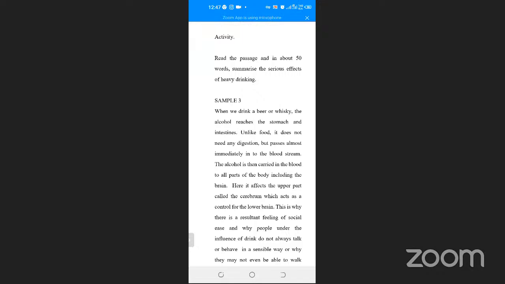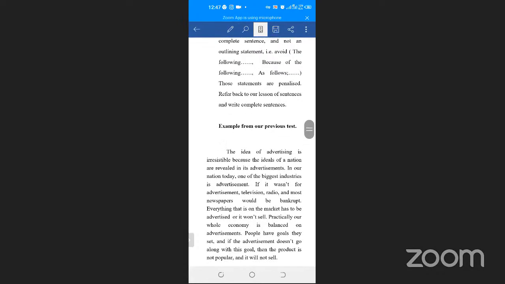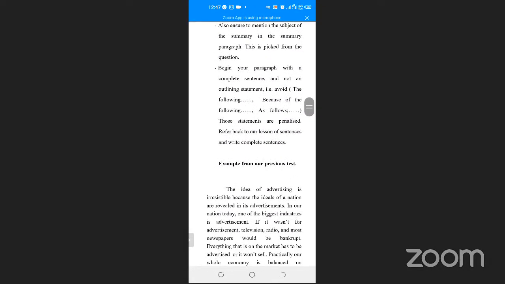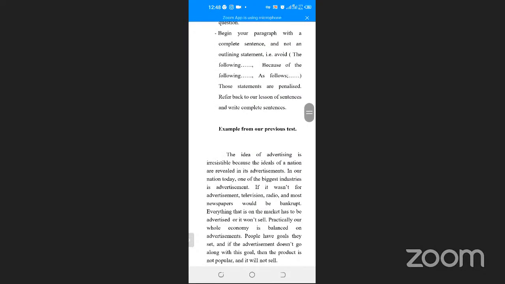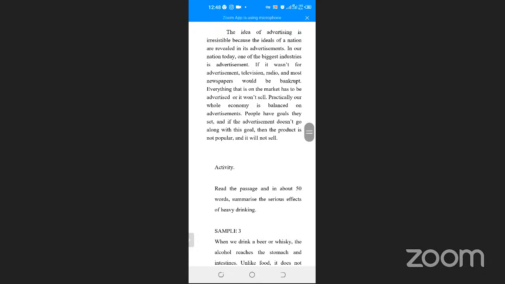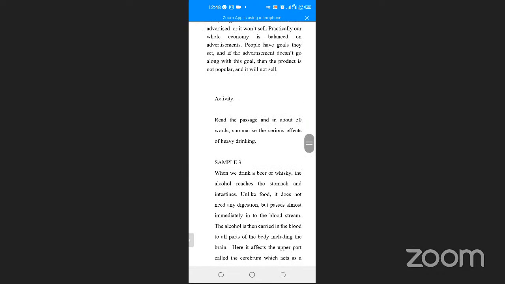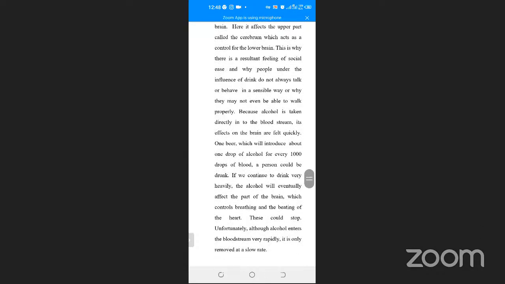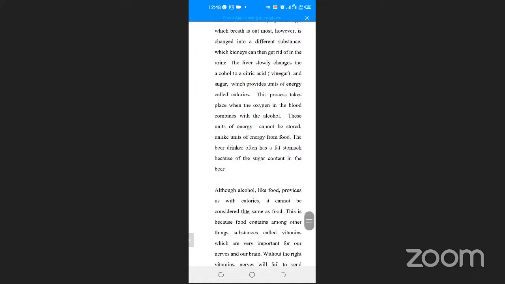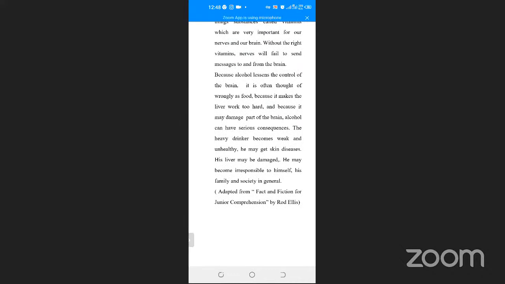So please, could you scroll up to near the end of this passage? Hope, could you scroll? Yes, there. Okay, so you expected, no, at the end, below. I hope below, rather down. Where sample 3 ends. Sample 3, where sample 3 ends. Where it ends. It ends there. Yeah, thank you. So